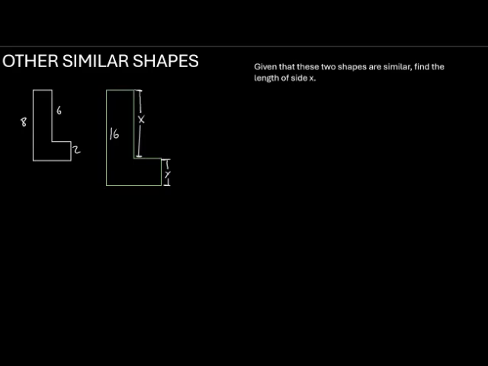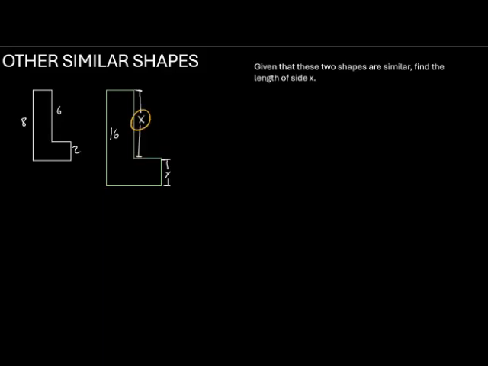Here we'll do an example involving shapes that are not triangles. I've given you two L shapes here, a white L shape and a green L shape. The white L shape has known sides, and the green shape has some unknown sides. We're given that the two shapes are similar, and so first we're asked to find the length of side X,